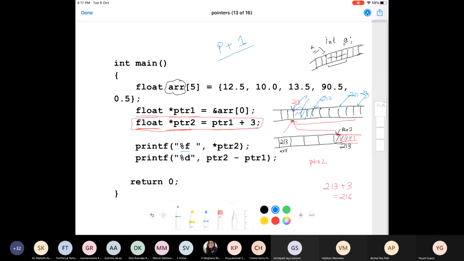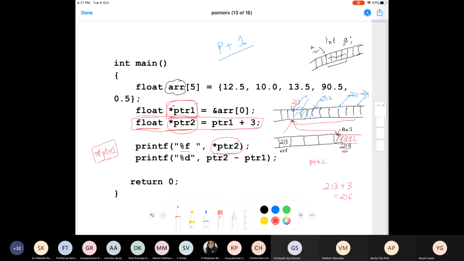Okay. So what you are printing here is star PTR2. Again, you should not get confused here by these two notations. Here you have a star PTR and here also you have a star PTR. The first time you declare any pointer type of a variable, this star is used to denote that it's a pointer variable. Once you have used this, wherever you use the notation star PTR1 after this particular step, you are actually referring to the value at this address.